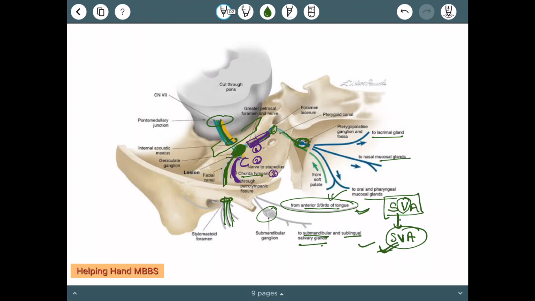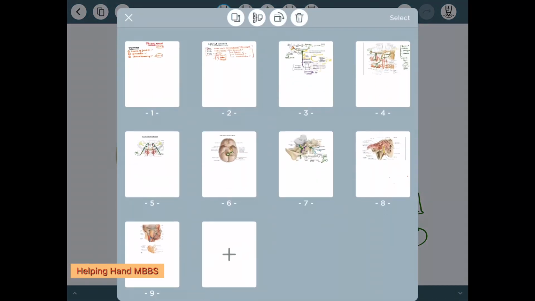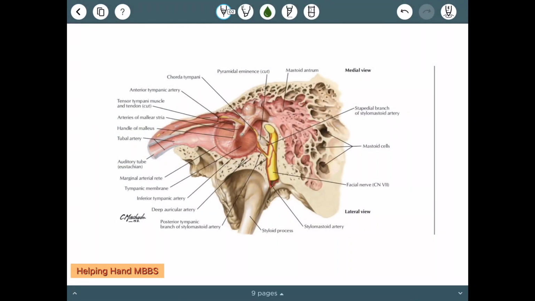So this is all about the course, and let us visualize it better. This diagram I have taken from the letters, and first I will orient you to this diagram. This is our tympanic membrane. Visualize it like we are seeing the tympanic membrane from the inner side of the ear, sitting in the middle ear cavity. You can see here the tympanic membrane. What is this? This is the eustachian tube, which is in the anterior wall.